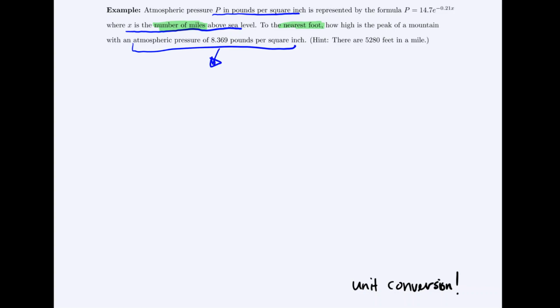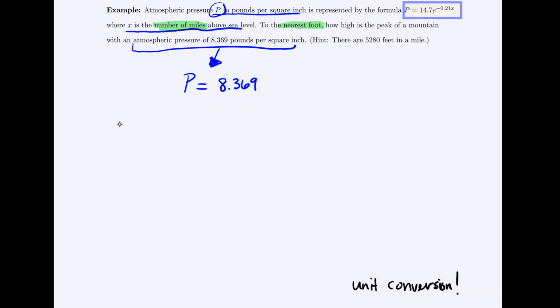Now we can write an equation based on this statement. The pressure is this number. What represents pressure is P. So I would write off to the side P equals 8.369. And they've told us an equation that relates the height you are above sea level in miles to the pounds and pressure per square inch. So this formula will be followed. So what we've been told is a p-value, and we're asked to find the height, which is an x value. So we can substitute the 8.369 in for p, and that would give us,